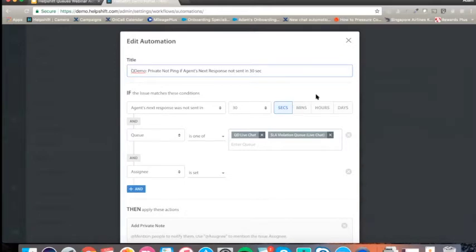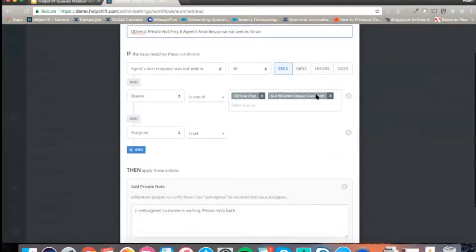So in this one, my use case is that the agent's next response was not sent in 30 seconds. So this means that Tracy has already started a conversation. And for some reason, it's been 30 seconds and she hasn't gone back to the customer. The customer wrote back and said, hey, here's my order number. And Tracy, for some reason, maybe she went offline or she's getting coffee, or she's chit-chatting, or changing her Spotify playlist, but something where it's been 30 seconds since my agent responded to my customer,